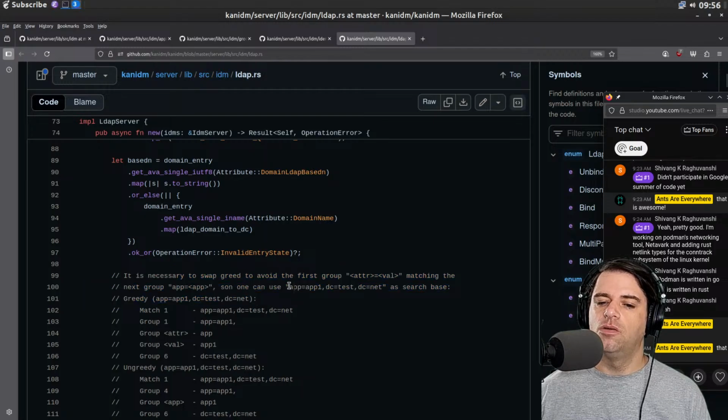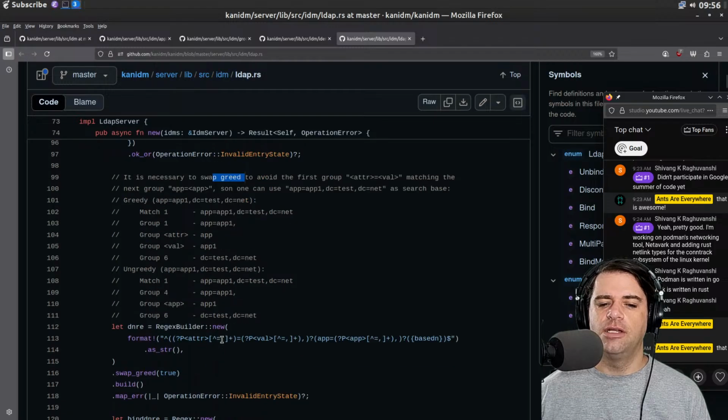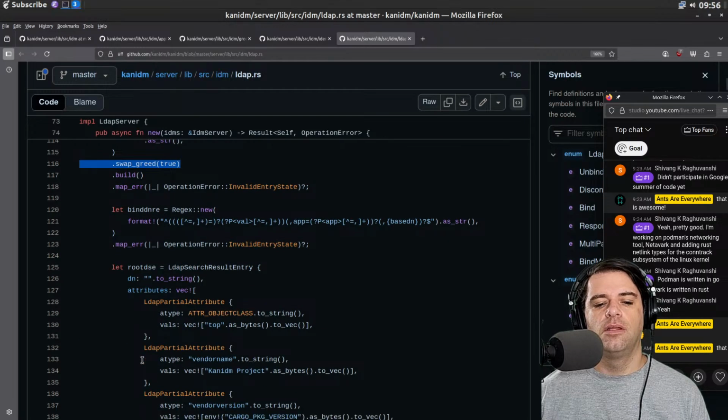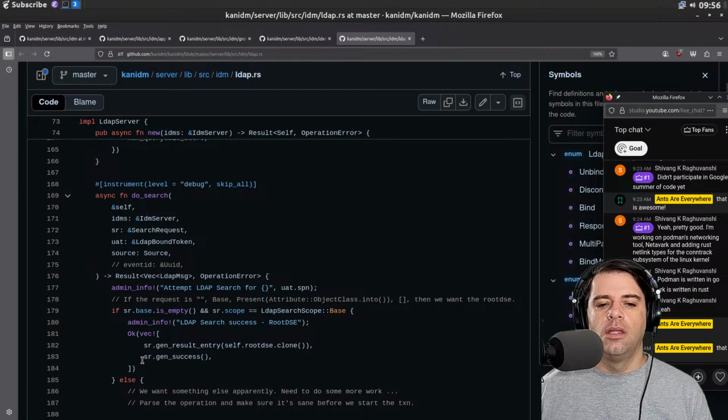So one can use app equals app1, DC equals test, etc. as a search base. So a swap greed, I think, means like a greedy algorithm. They've got some regex for mapping them. Swap greed is true. Swap greed is actually the name of the method.